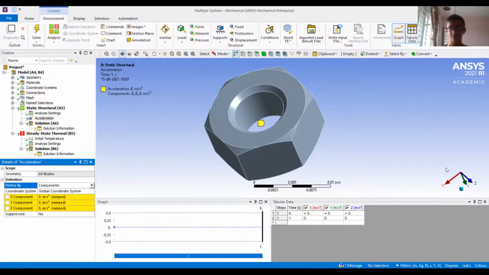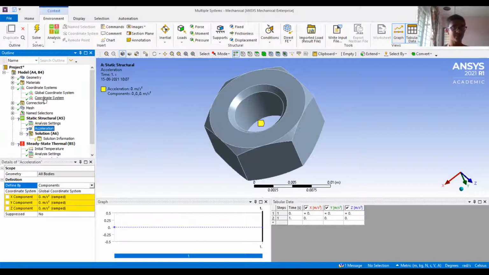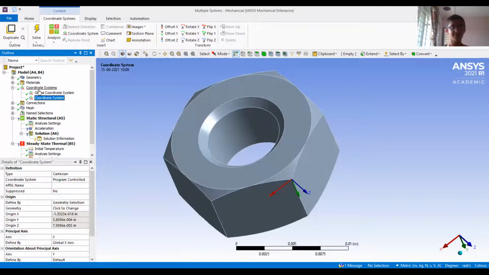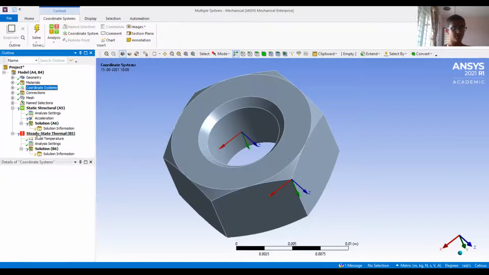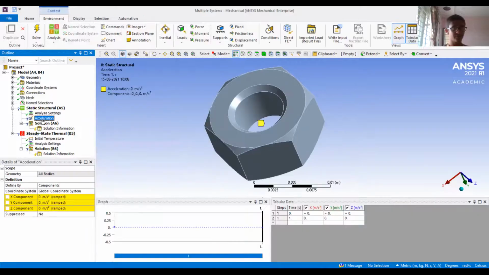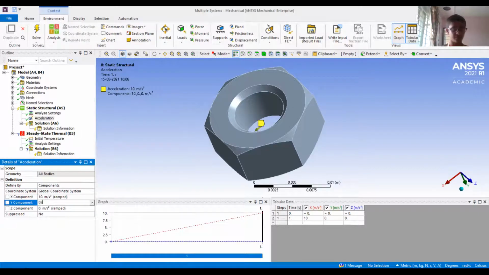You can look at the coordinate system which is given to you, or you can make another coordinate system. I'll make another video on how to make a new coordinate system and how to edit it as per your need. For the given phase right now, for the acceleration, I can give three different components, which are maybe 10 meters per second square,